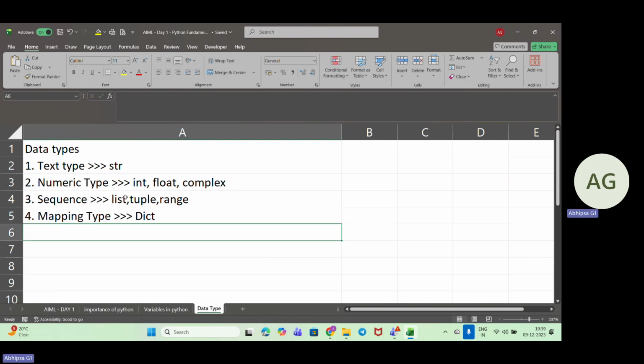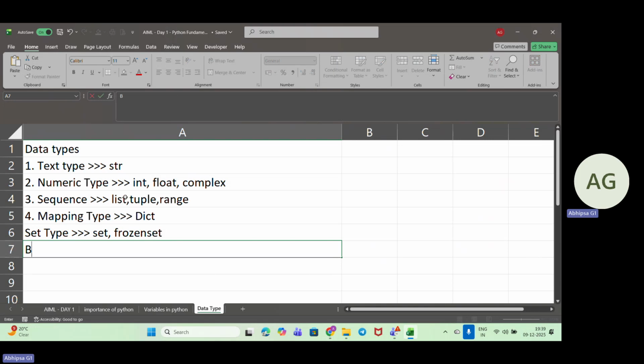Next, we have the set type, that is set, frozen set. Next, we have the Boolean type. So, Boolean type is true, false, that is bool.